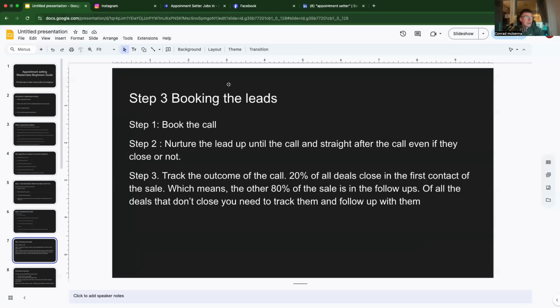So step three, booking the leads. So step one, right, is to book the call. So you went through the setting process, you've now booked them in on an actual call itself. Let's just say that you've booked them in on a call, you've been messaging this person for a couple of hours. By the time they respond back, maybe they're at work, you've booked them in on a call for a day's time, 2 days' time. You don't just stop messaging them. Okay, you have to nurture them. You have to keep messaging them right up until that call,